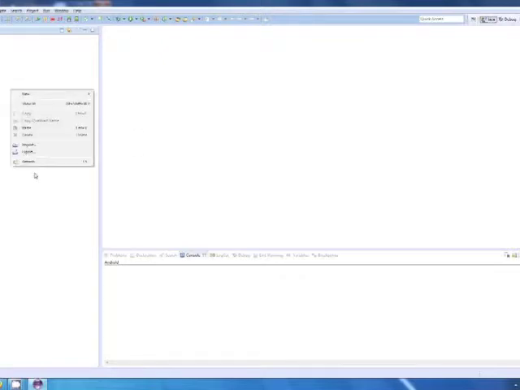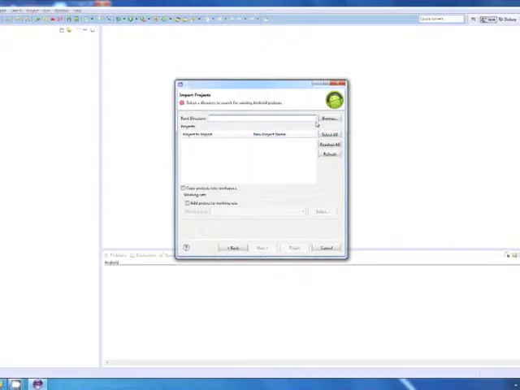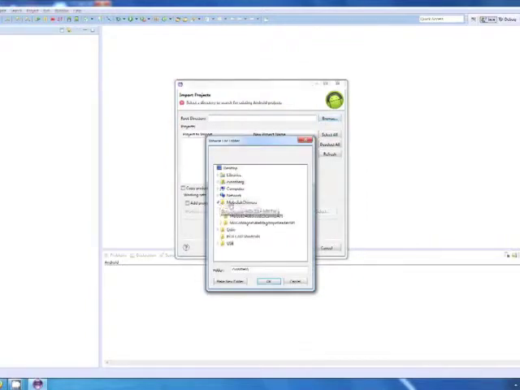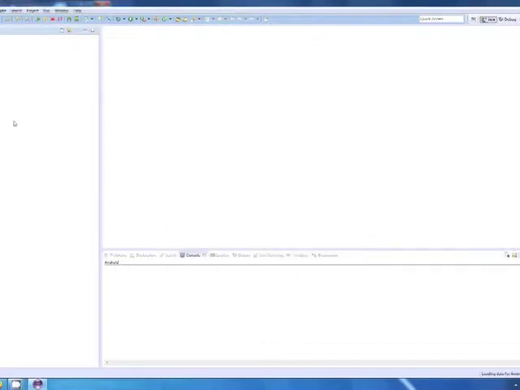So the APIs that will be needed are available in source code. Those are available for download, and so we already have them downloaded on this machine. And we'll assume that you have Eclipse installed as well as the Android SDK. So we'll go ahead and import the core application that we have downloaded here, and then we'll grab